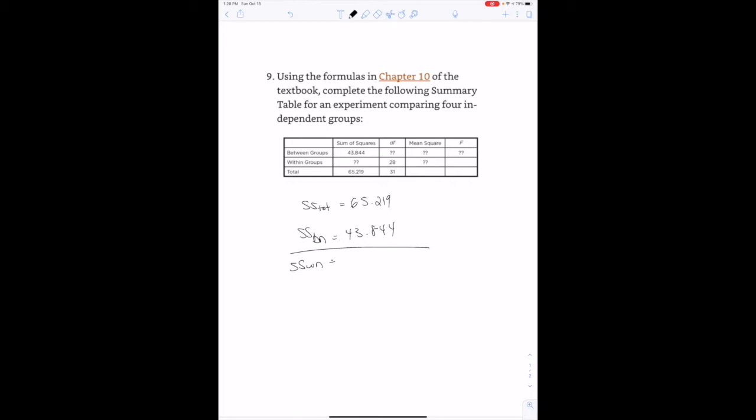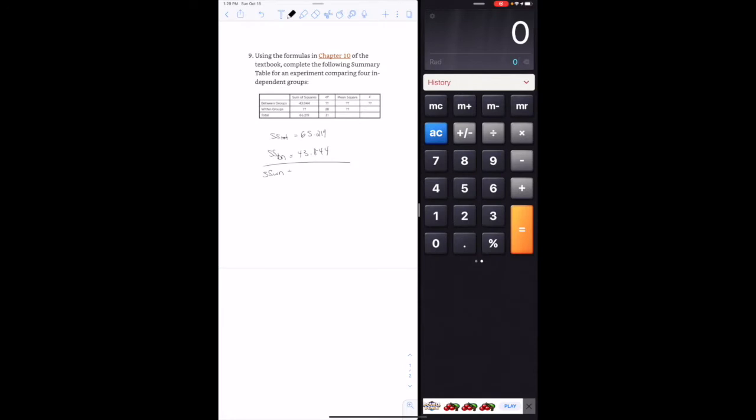We subtract 43.844 from 65.219. Pulling up my calculator here, it's 65.219. Subtract 43.844 gives us sum of squares within of 21.375, which you could fill in there if you wanted to,